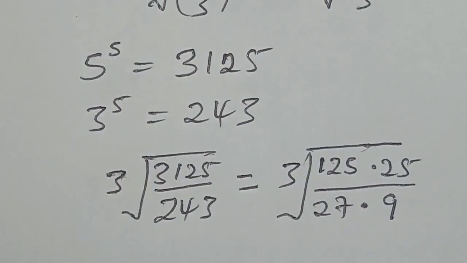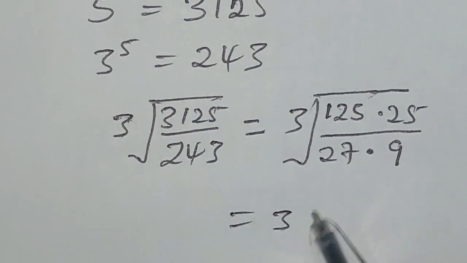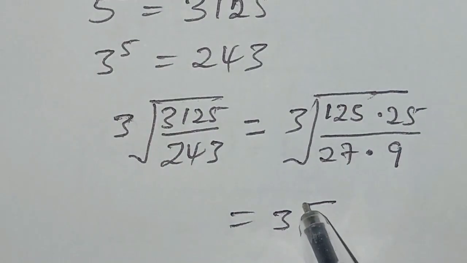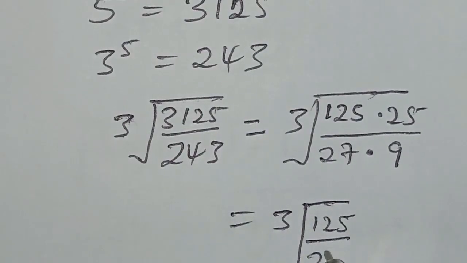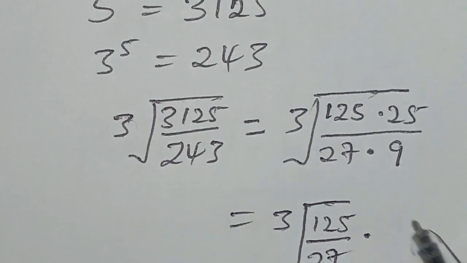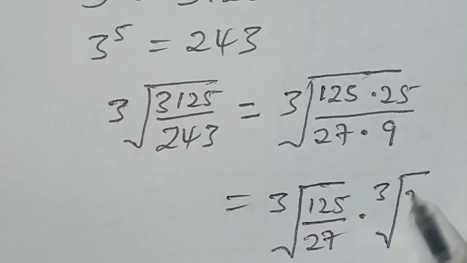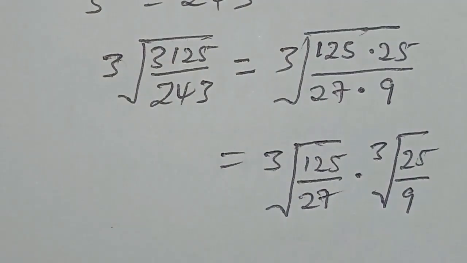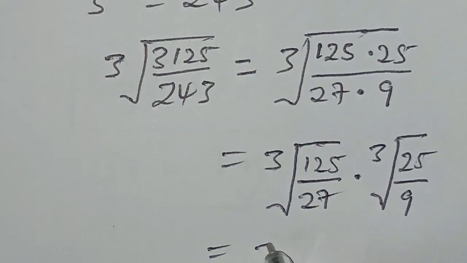This can be simply expressed as the cube root of 125 over 27, then the cube root of 25 over 9. Now here, this can as well be split as the cube root of